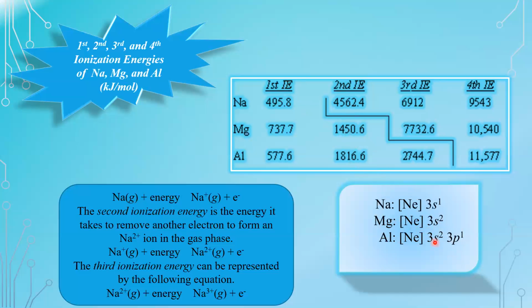Similarly, in aluminium, when the first electron is removed, it attains a stable configuration. So again, it becomes difficult to remove an electron from this stable configuration. Hence, there is a change in the ionization energy. So whenever this concept is asked, you need to note down the electronic configuration first, and then you should answer this kind of question.